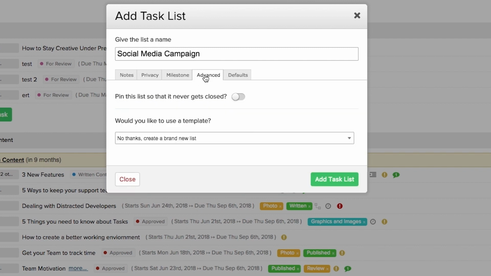Looking at the Advanced tab now, you can see here that we can toggle whether or not we want to pin this list so that it never gets closed. So this means that even if all of the current tasks in the task list are completed, our task list will still remain open, so we can always add more tasks to it if we want to. So let's say that we want to pin this list,